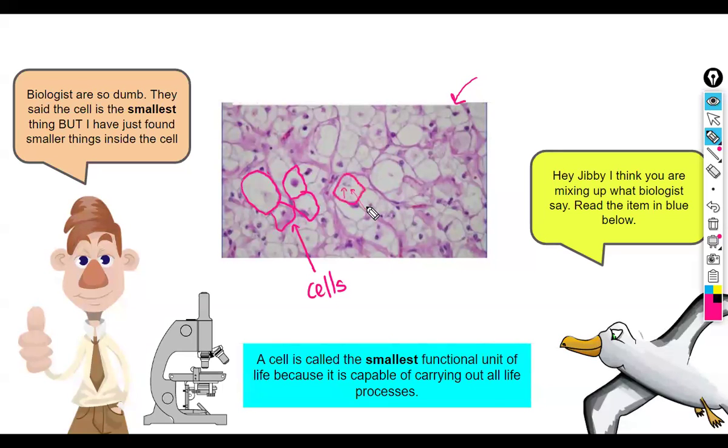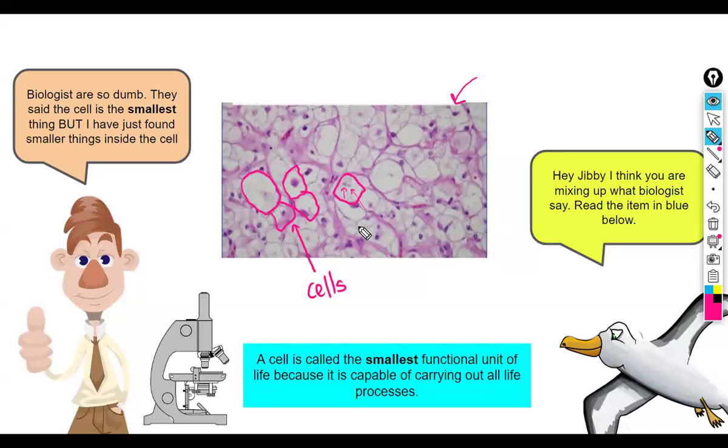It comes like a house. From space or from very high up in the atmosphere, a house will look like something small. And it will be easy to say, well, a house is the smallest thing. But if you zoom in to inside a house, you will see that the house is made up of smaller parts, like a bathroom or a kitchen. So what GB is saying is wrong.